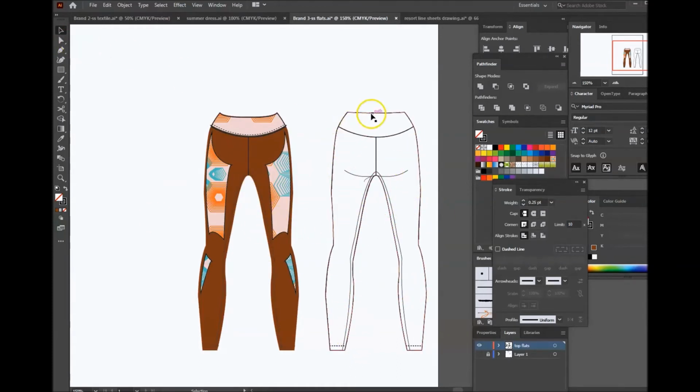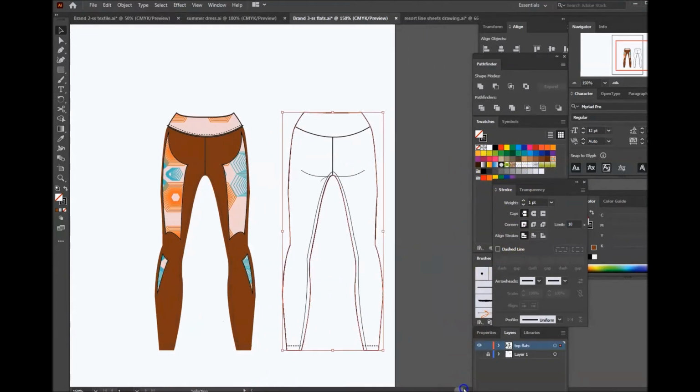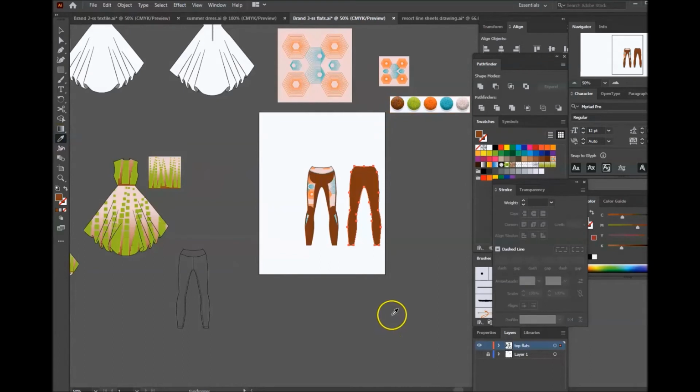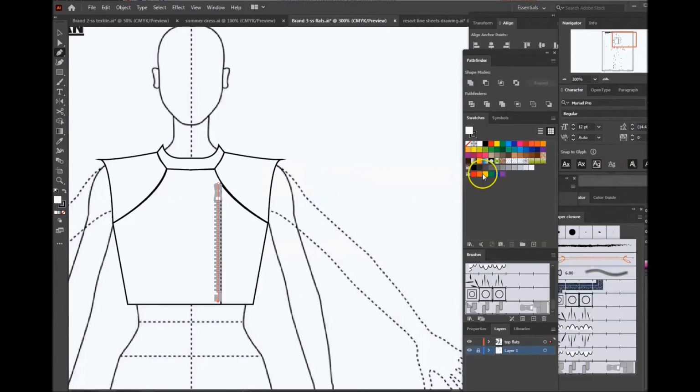And I will add some pattern here and then pattern here, and then the color that I got from my mood board, where I placed my swatches here, so you can use the eyedropper to pick the colors that you use, and then I may fill the patterns for certain parts, and then that will be all for my pants drawing. So I draw my summer jacket here, and I'm going to apply some textile design here and here,